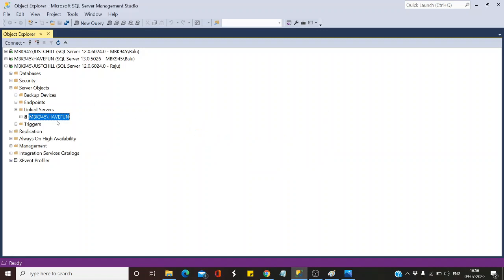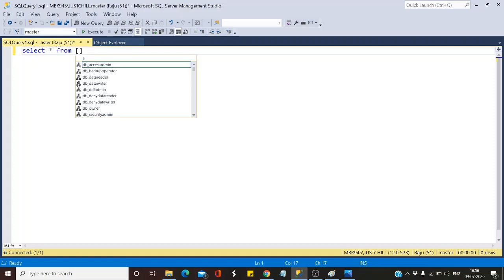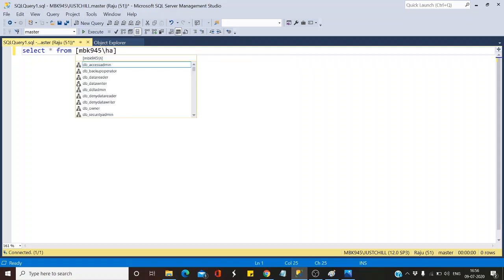Click OK. Now check whether you can access the table from the employee database. We are in instance 1 and you are going to access the contents or objects from instance 2. The format is select star from, use these brackets and type the instance 2. This is the remote instance, and then the database name.